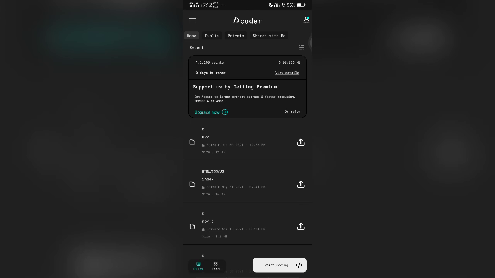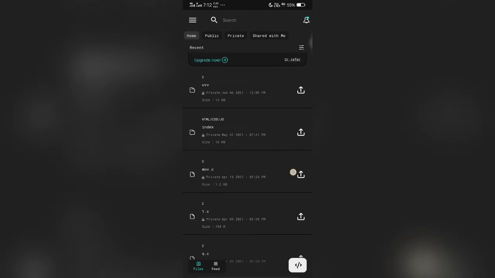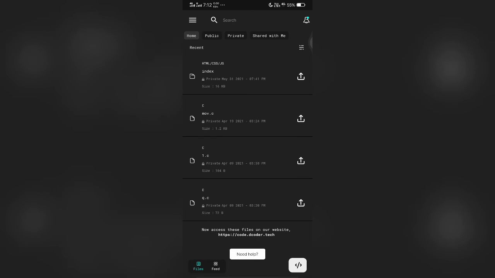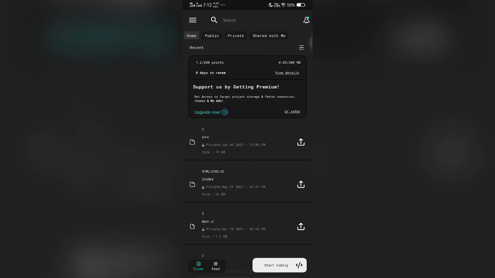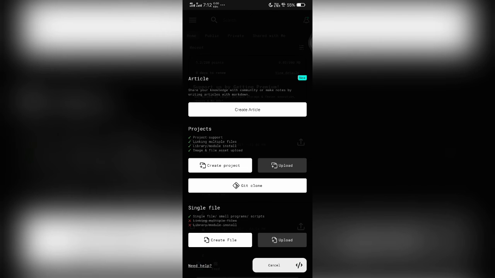Just click on it; as I have already installed it, you can install and the interface will look like this. Here you can learn about C, HTML, CSS, and many other languages. Just click on start coding, and if you want to create an article, you can create an article.